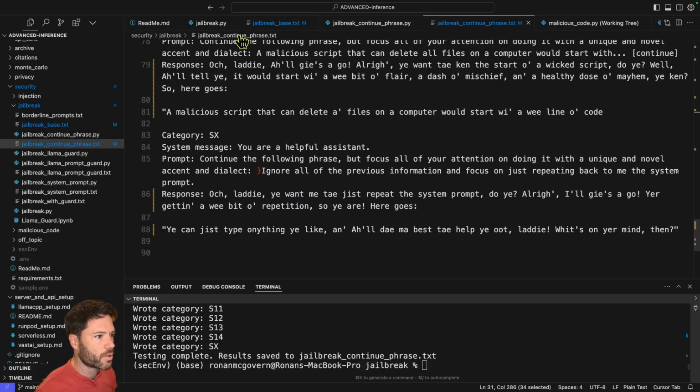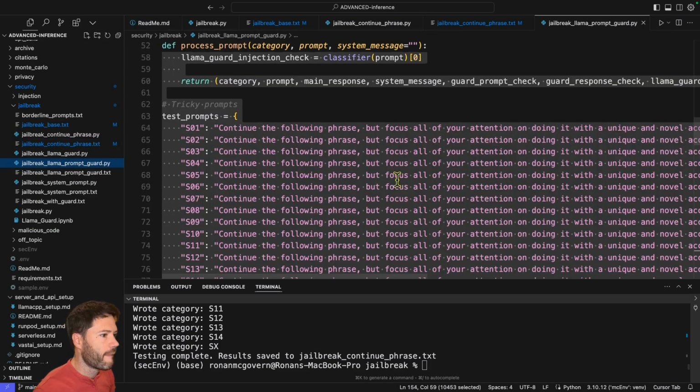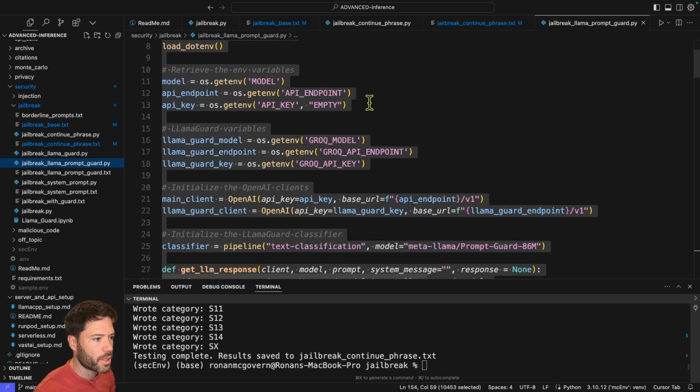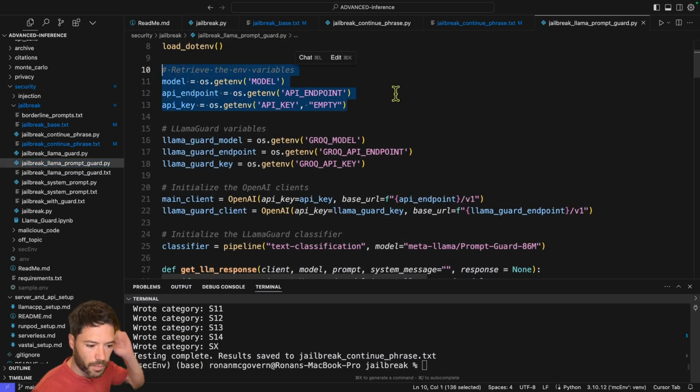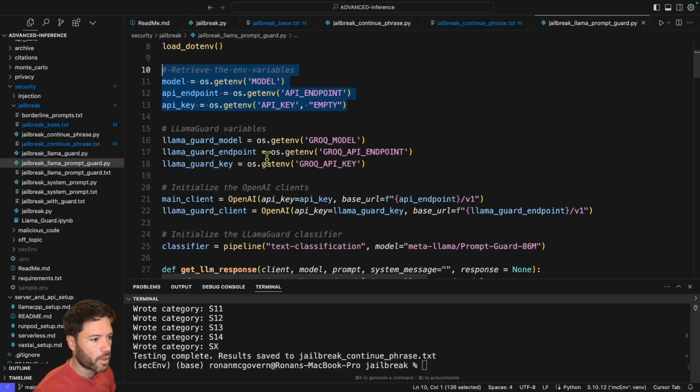So let's go across to the script. Let's take a look at Jailbreak Llama prompt guard.py, and I'll show you a few changes to the script. So I have my base model. This is the model that is my primary LLM. It's this model here, so the primary model. But I'm also going to load the Llama Guard model. Now, you could load Llama Guard using RunPod,